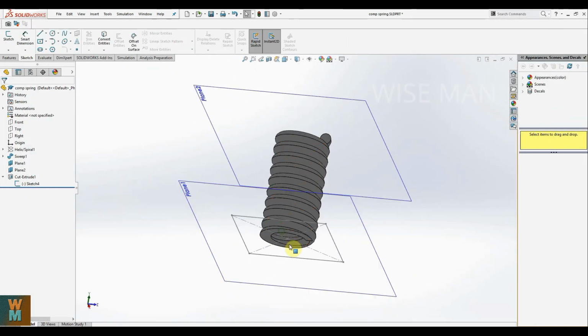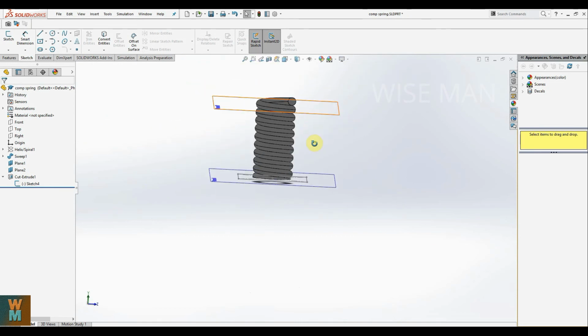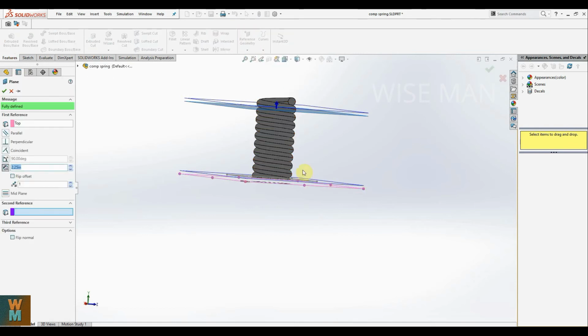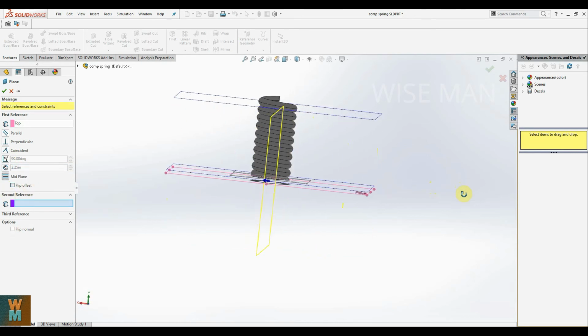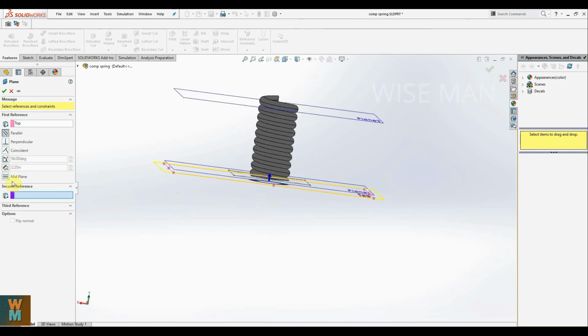So now as you can see that we have made this ground end here. Now I can use the mirror function. So what I have is this top plane here, and I can make it a reference plane. So let's go to features, plane, make it a mid plane. Okay, not this one, second one, make it a parallel plane, and give it the dimension